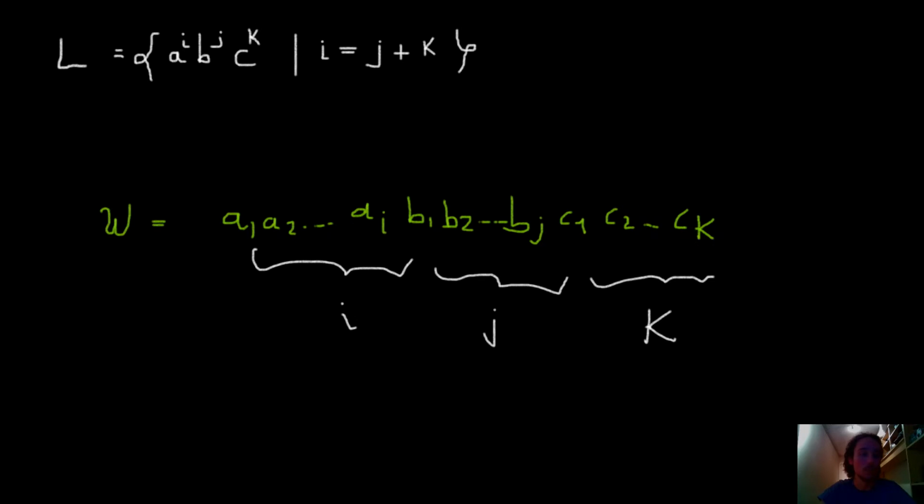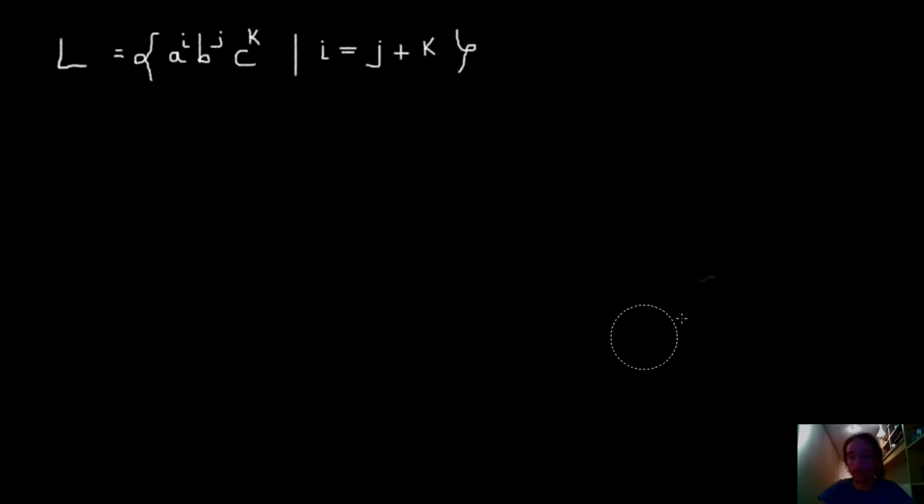So let's first see some words that belong to this language. This was the first main thing, and the other main thing is that we need to satisfy this condition, that the number of a's needs to be exactly the sum of the number of b's plus the number of c's. So for instance, let's consider this word. Imagine I have the word w, which is the word a, a, b, c. This is a word that belongs to this language. It is an accepting word. Why? Well, if we count how many a's we have here,